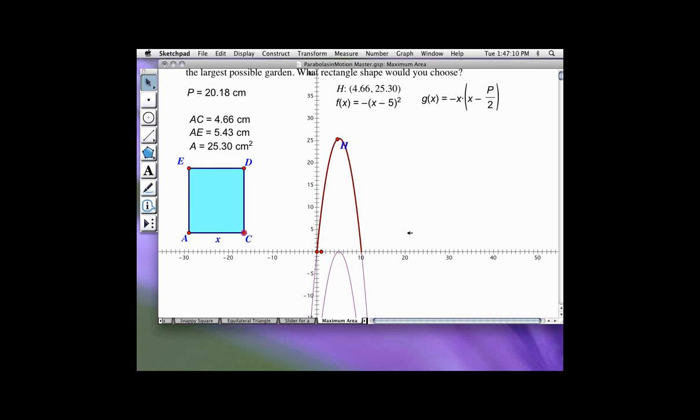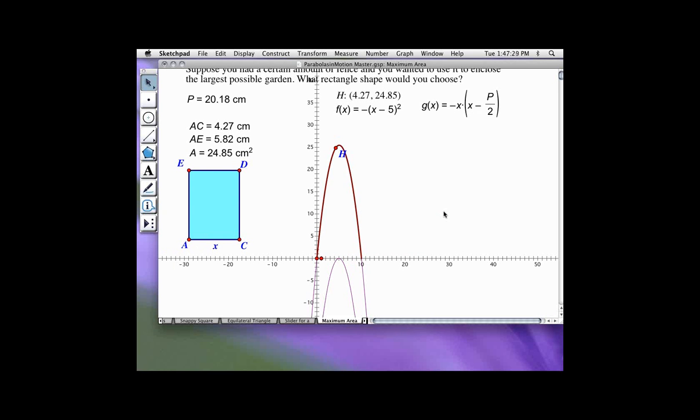Okay, so the equation that I had in mind was something similar to this. We know that if we call this side X, to get the area of a rectangle, we'll do base times height, and we have one of the sides. The question is, how can we express the other side in terms of the perimeter and X? And if you think of AC plus DC as being half of the perimeter,